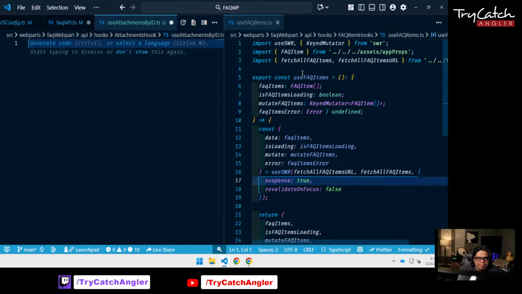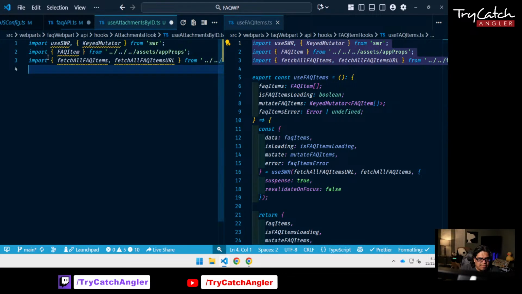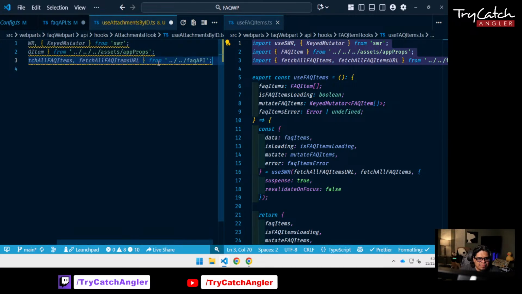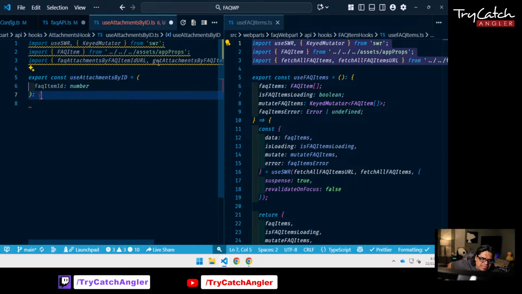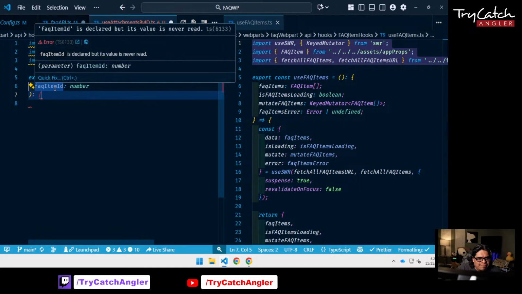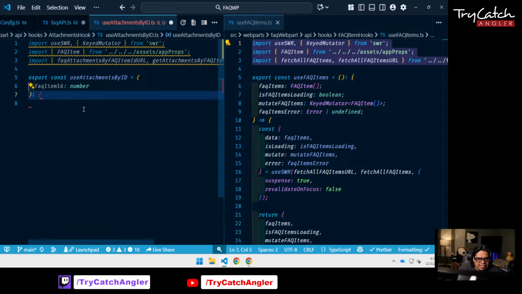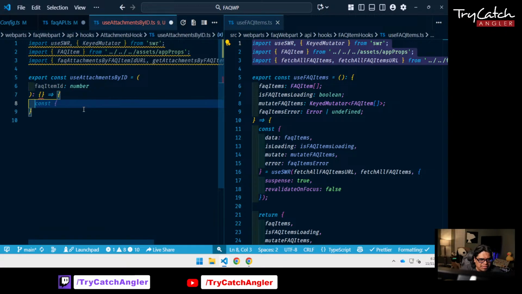So similar to how we have this, we're gonna paste this in here, but instead of this one, we're gonna get the FAQ items by ID URL. And then we're gonna use attachments by ID. We're gonna pass the FAQ item ID, and this should return to us. Let me make sure I have this laid out correctly. It should return to us the attachments,